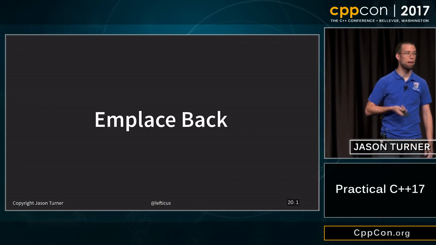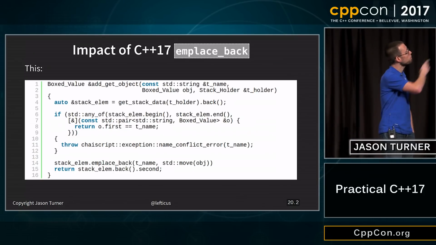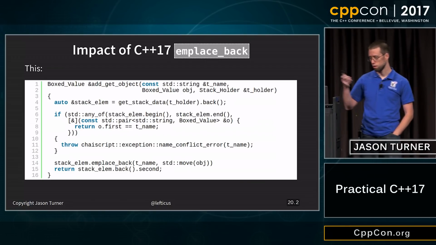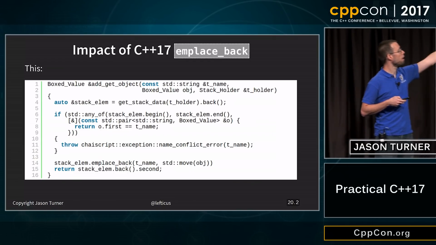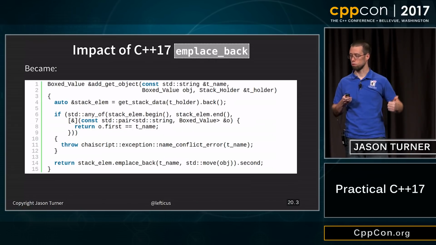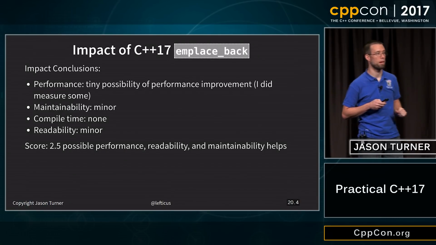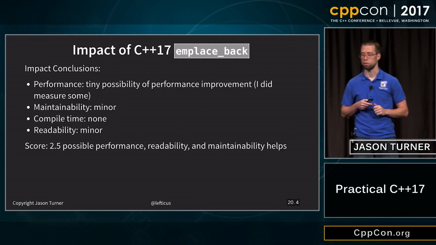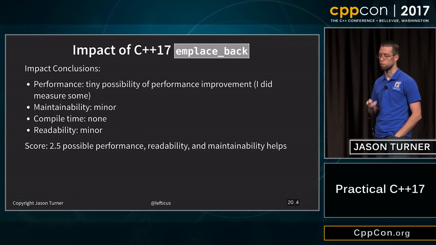So now emplace_back is the next thing. It is getting higher on our list here. We have this code where I am adding an object into CppCon and then getting it back, which is exactly what emplace_back was designed for. You can see on lines 14 and 15, adding the thing and then getting it back out. I simply made it this, and that was good. I actually measured a tiny performance improvement, because it was one less function call that I had to do. And I think it helps maintainability and readability a tiny bit, makes the code more understandable.